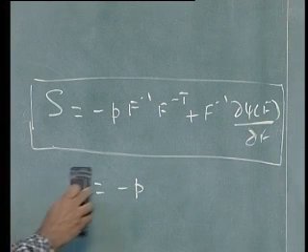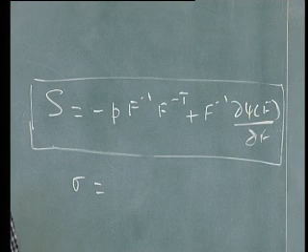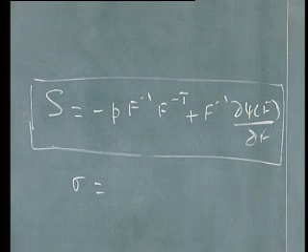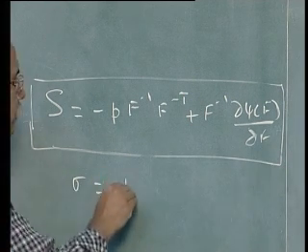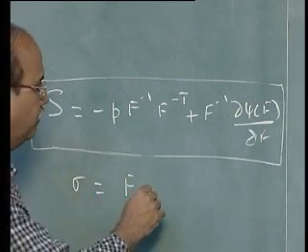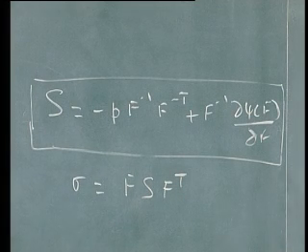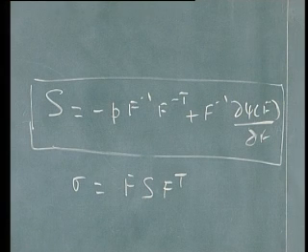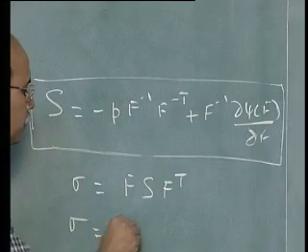So sigma is equal to, J goes out because it's equal to 1, F S F transpose. J inverse J is equal to 1 in this case. So apply that there. So you will get sigma is equal to minus P first, plus